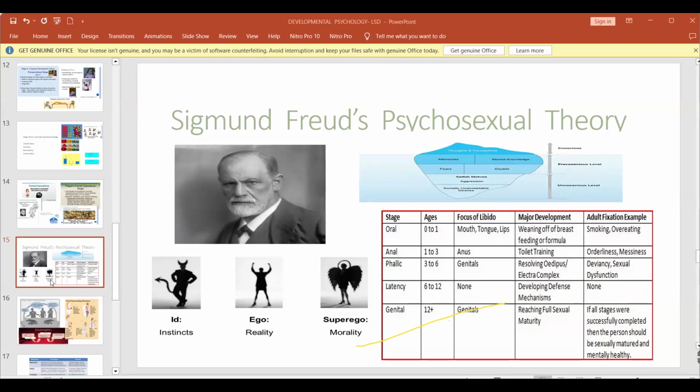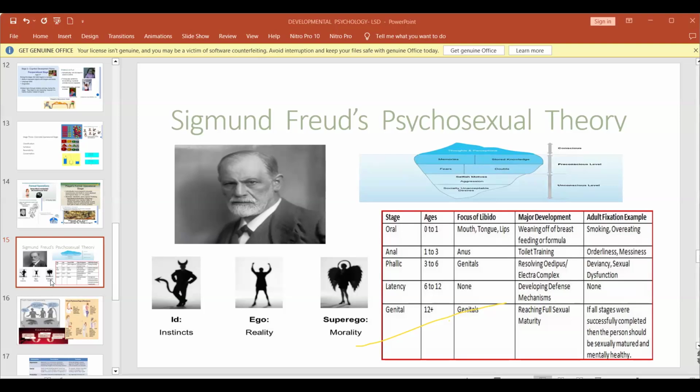Because it's only from 3 to 6 years. If you make fun of it, or if you punish the child for touching, the child will get kind of fixed into that, and it will be stored in the unconscious mind as a conflict. The fixation is there. And there's another important feature that is to be discussed during the phallic stage.